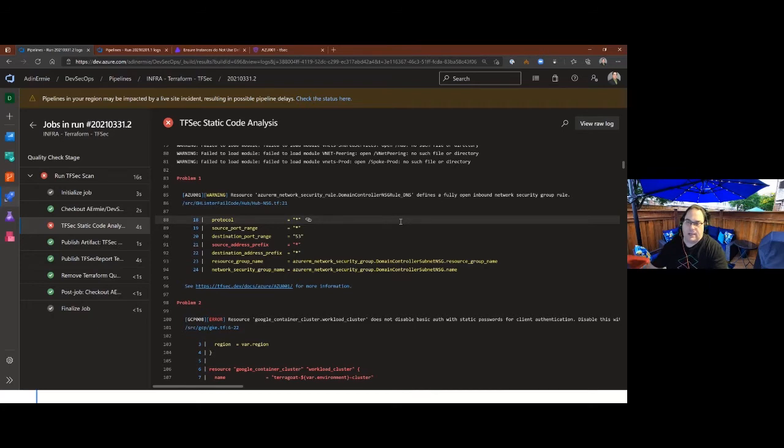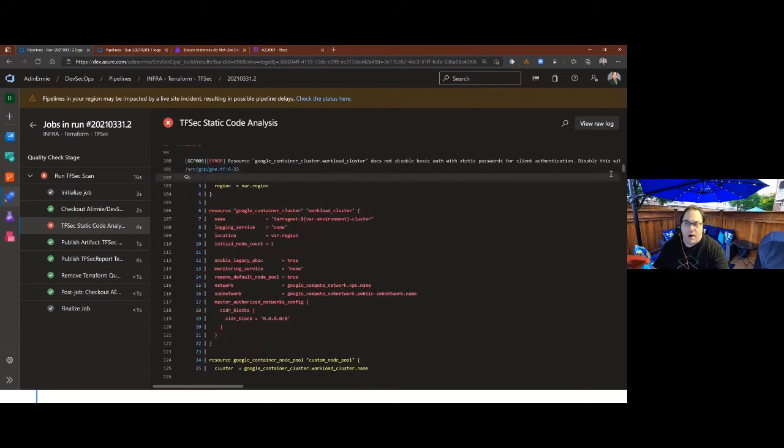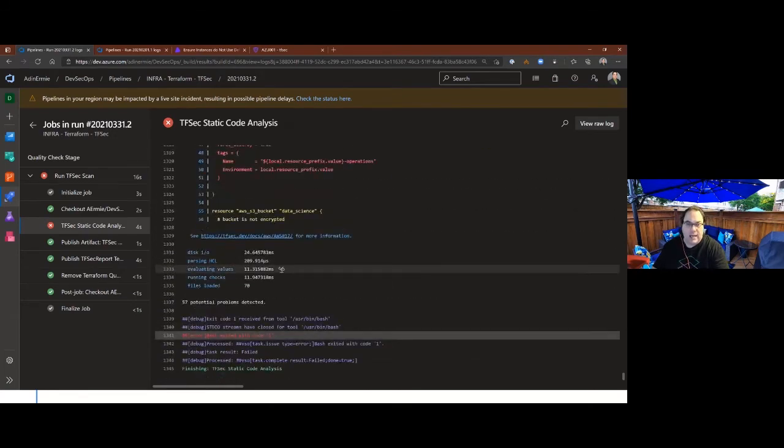So that's a really nice feature that we get when we're trying to, say, scan a large repo. Maybe we're just getting used to infrastructure as code, so we're not too sure. It really helps us learn those best practices, those secure practices, and apply that to what we do. So at the bottom of the output, in this case, it shows us how fast it took to run, and how many potential problems were detected. It doesn't say how many it skipped or how many passed.